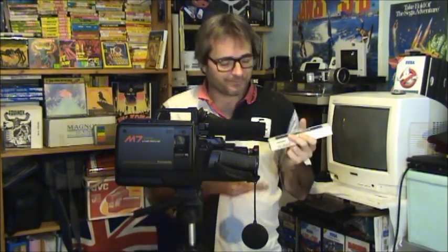Now you might be wondering, these old batteries, when you buy these cameras, they always come with the original batteries, which are long gone dead. There's not much you can do with them except use them for a paperweight. However, you can still buy these brand new today. Now this one here is a brand new one from Panasonic,